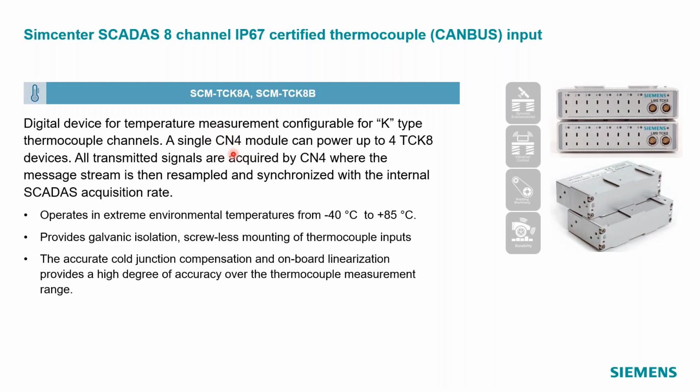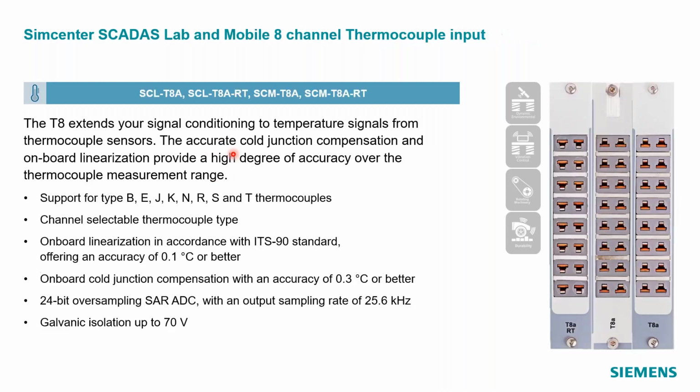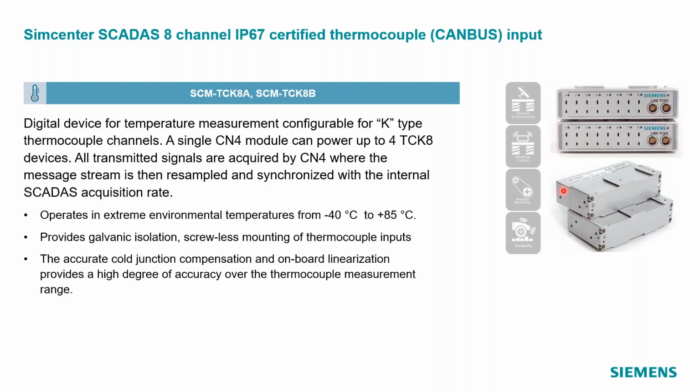So there I would be using one slot in my front end to measure up to 32 channels of temperature. With the T8, of course, I'm using one slot but only getting 8 channels, so the channel density is higher going this CAN bus route. However, it's also possible, because it's generic CAN bus, to use these TCK8 modules with the built-in CAN that's on